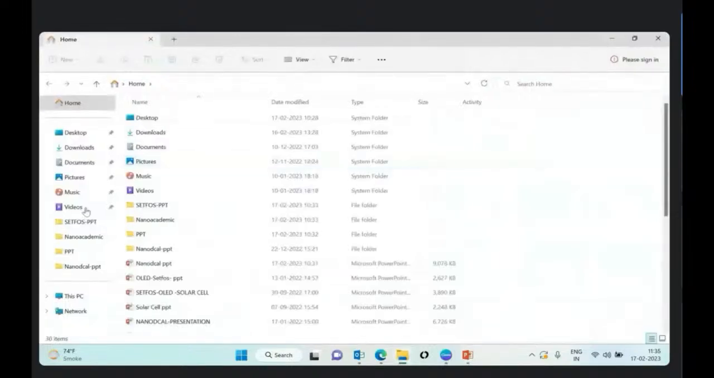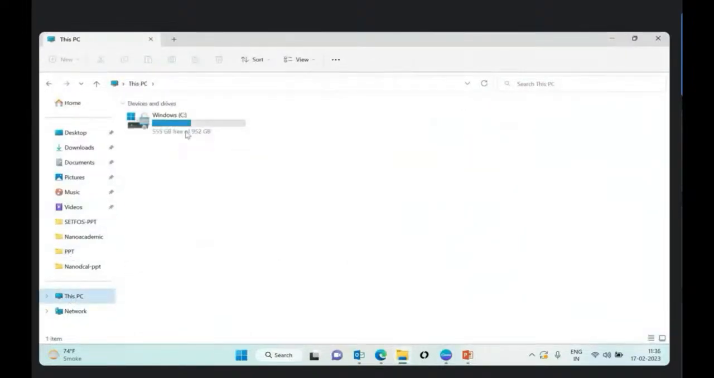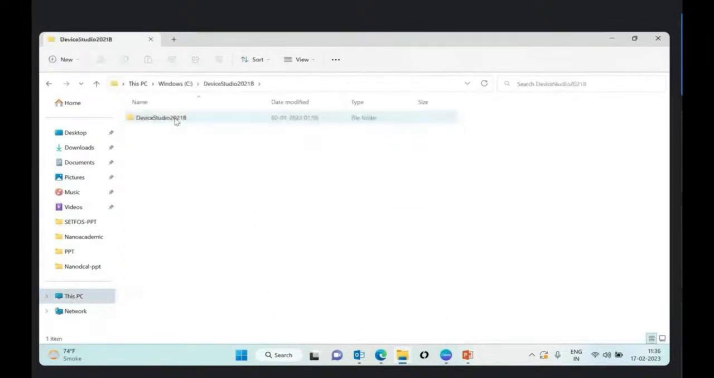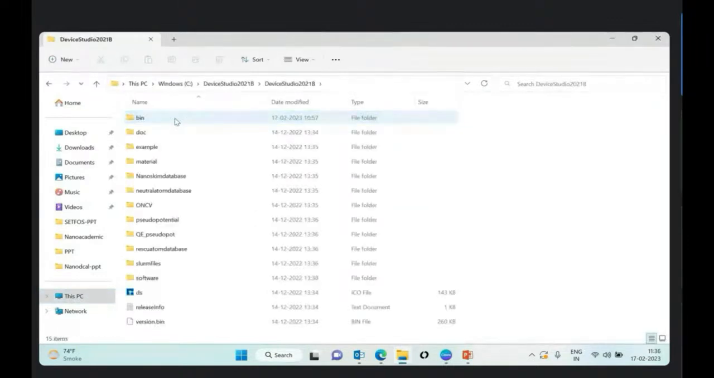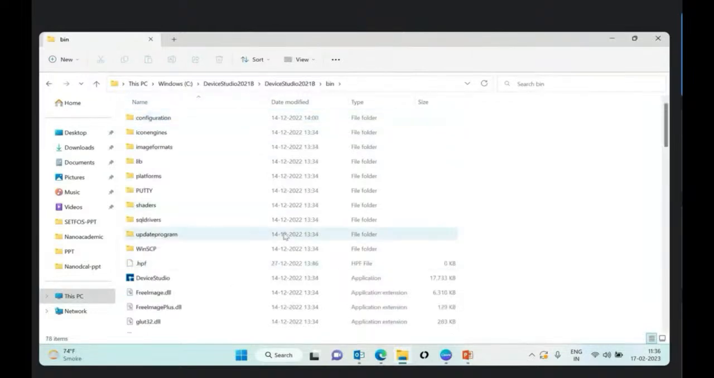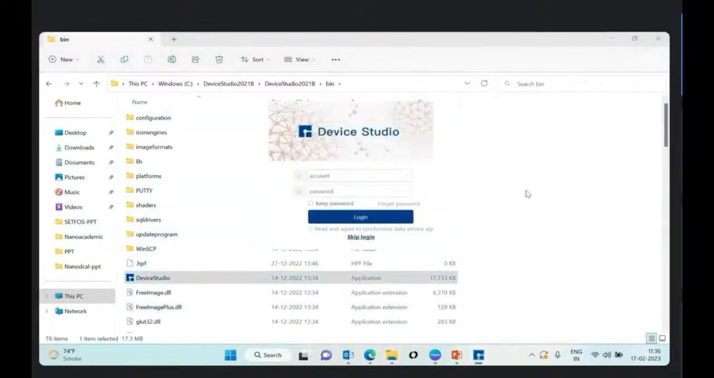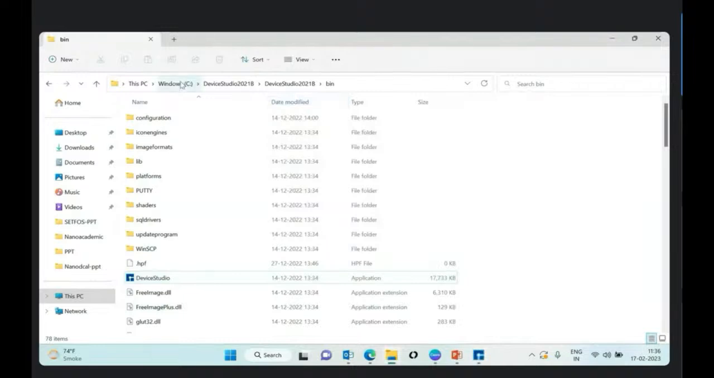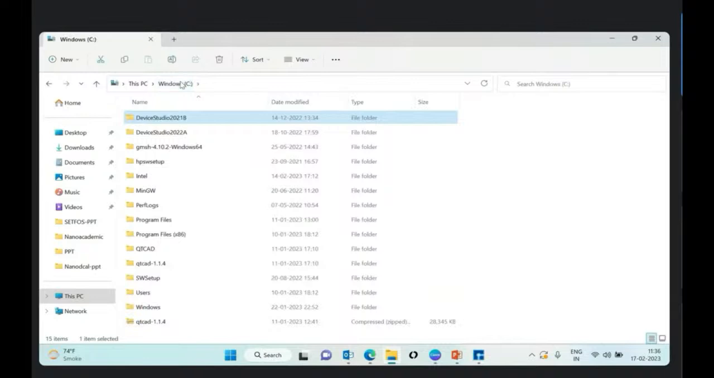Let me open the software. Initially the 2022-21 version is there, so I want to open it. Whenever you open it, wherever the software is installed, whether in the download folder or in C drive or D drive, whatever the directory of your installation path, you can locate it in that particular directory and click on Device Studio